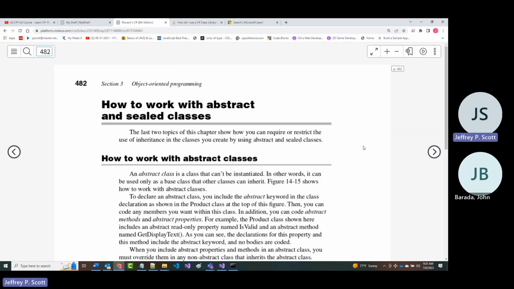Finally, the last thing that's discussed in this chapter is working with abstract classes and sealed classes. Now, before we even look at them, I want to mention what both of these are.